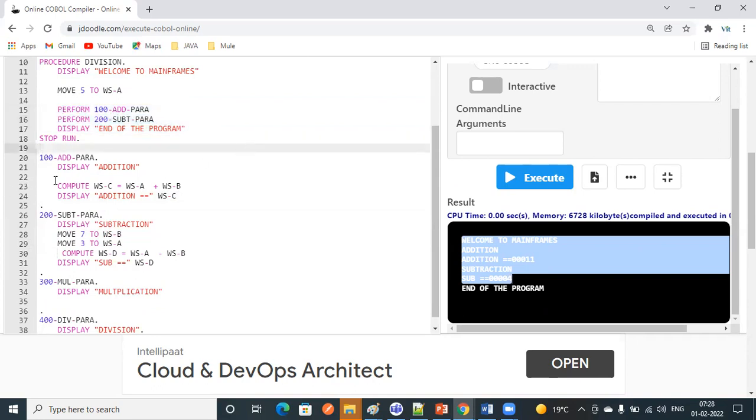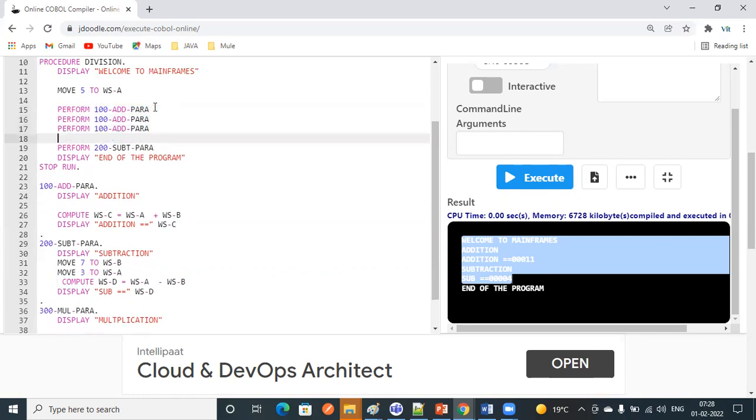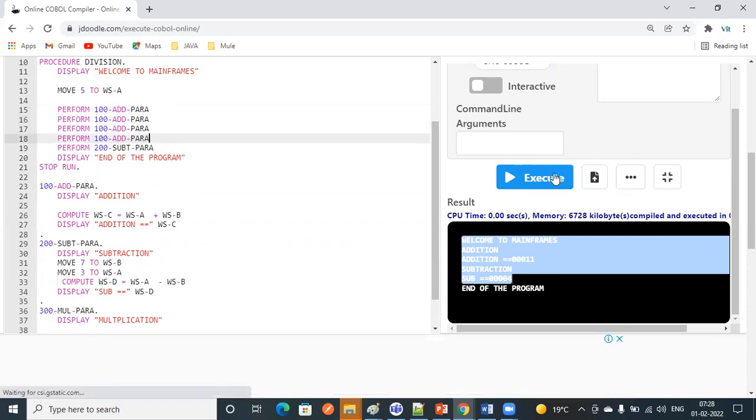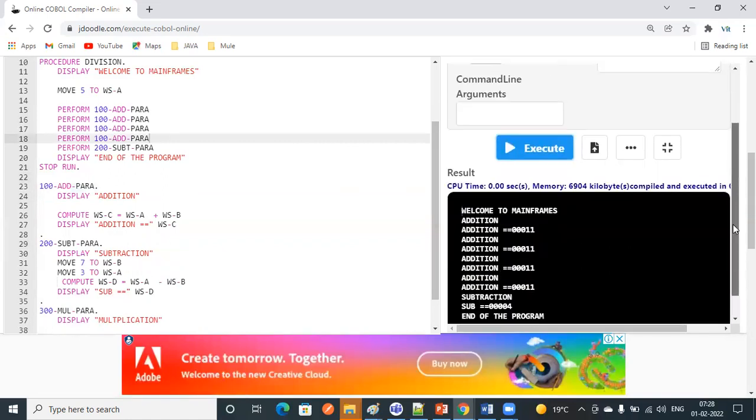So mainly the paragraphs concept, we are going to use it for reusability of the code. See, I want to perform this paragraph for 100 times. Okay. So I can perform it 100 times. If you want to execute the same logic, no need to write it again. Just you can perform 100 para, 100 para, 100 para, so that it will execute 5 times or 10 times, whatever it is.